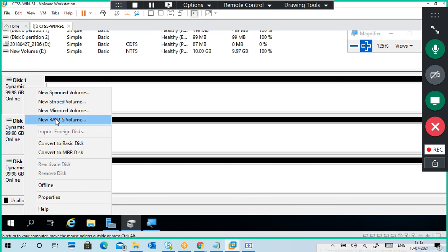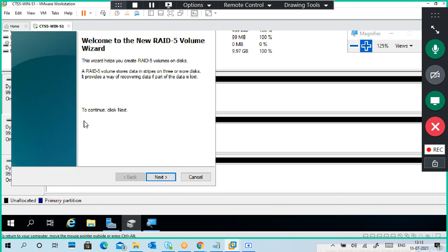So RAID 5, right click, new RAID 5 volume, click it. A RAID 5 volume stores data in stripes on 3 or more disks. You can use a minimum of 3 disks, or more. It provides a way of recovering data if part of the data is lost. RAID 5 is a single disk failure tolerance with parity.